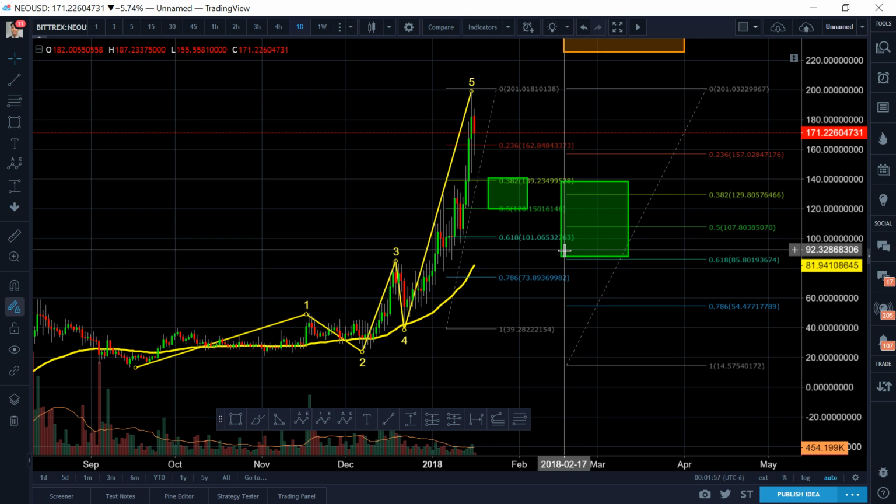So I apologize if I was all over the fence for this one here. It was a really hard TA to do, hence the lack of it on the internet, but I hope I provided some insight. And something to take away from this is just watch out, okay? Watch out, because this could very, very well be the top. And if it's not the top, then you could be riding it up to about 236 if we see it leveling off, right? I'm no financial advisor. It's just what I'm going to be doing for myself, guys, because I'm uncertain of the wave count, and that honestly doesn't happen often. But parabolic moves are incredibly hard, and this is one of the most parabolic charts that I've seen in a very long time.